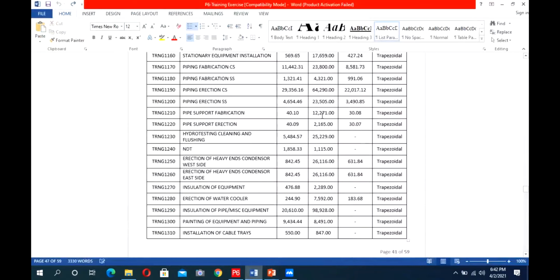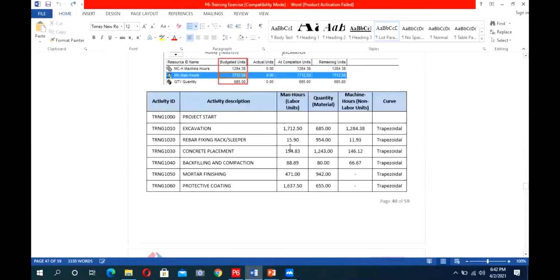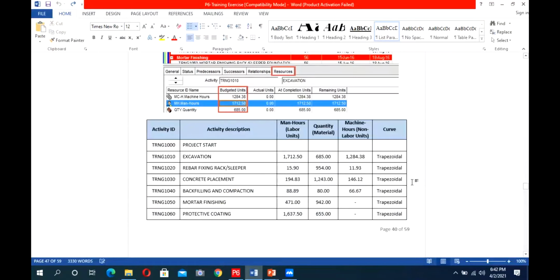You see, we allocated these resources, but there is some basis for these resources. How did we calculate these man hours? Normally, what is the practice? What is your practice? What do you think? Yes, every company has a KPI of how many man hours it takes in excavation. Yes. So over allocation you also calculate from this KPI. Over allocation unit will also be the company KPI. Is it like this? How will you calculate the over allocation?